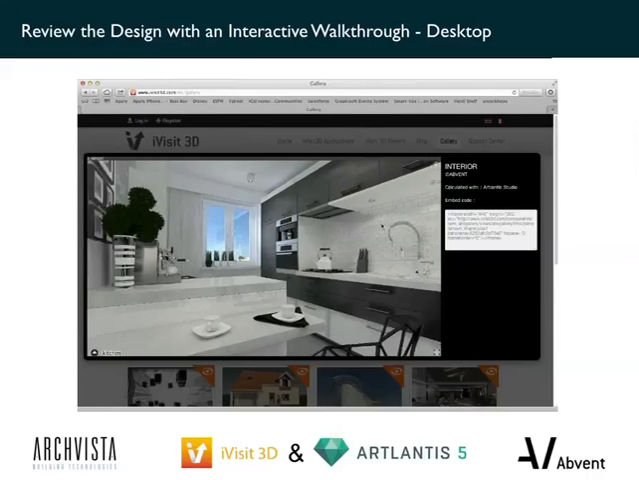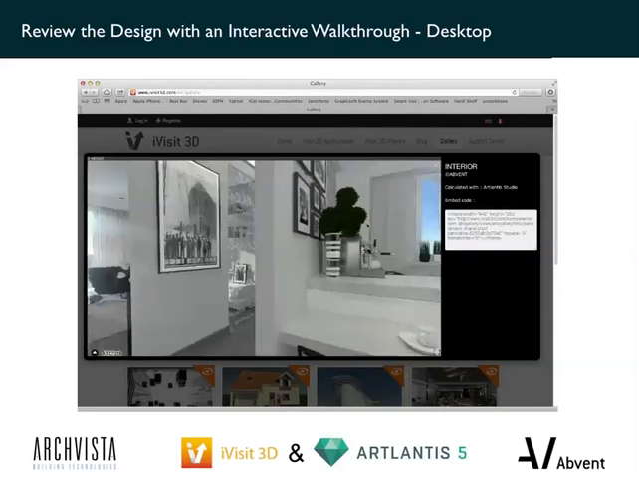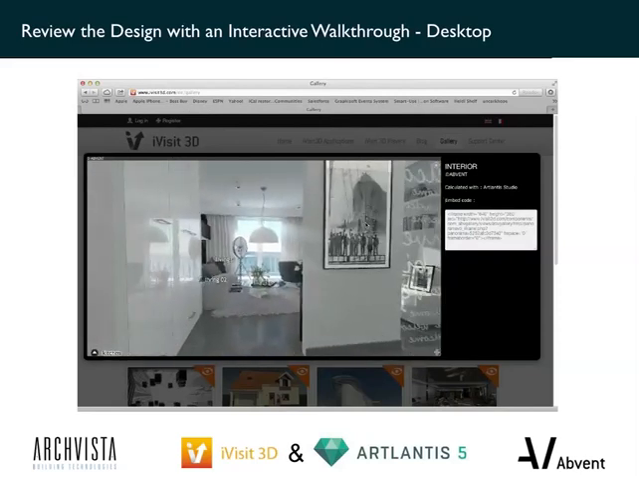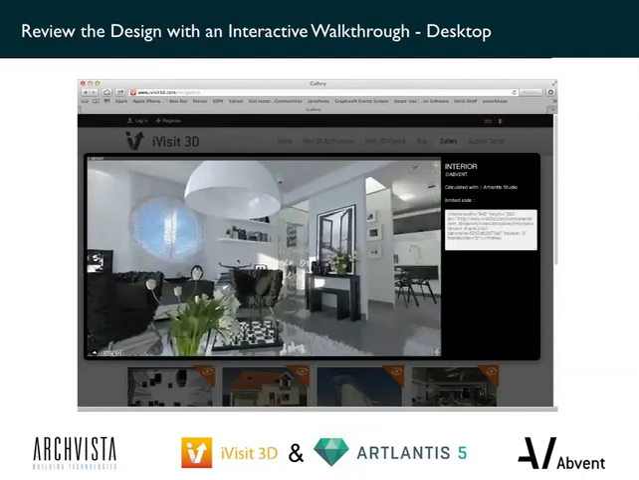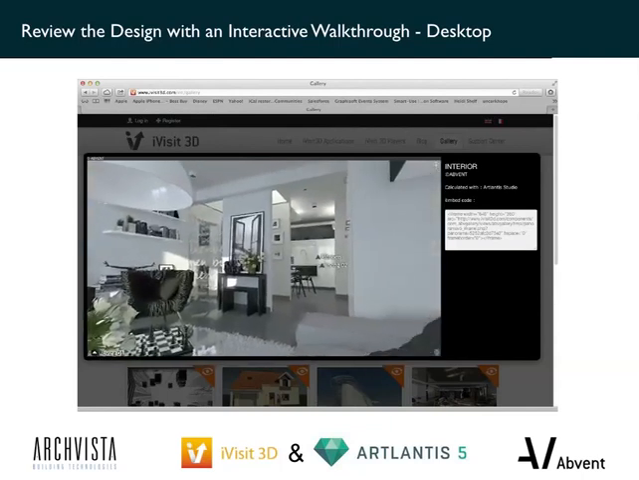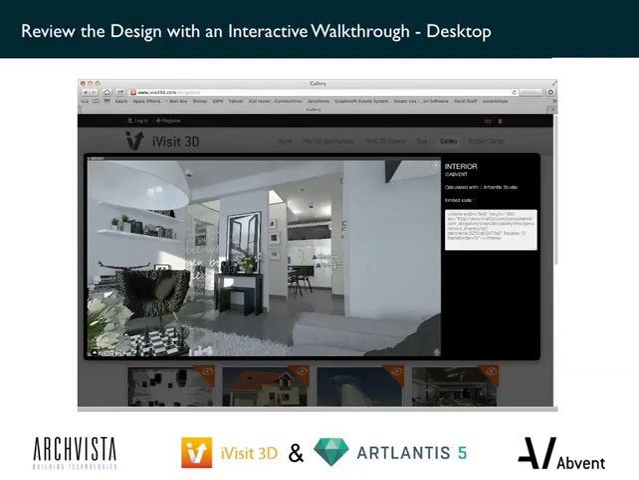We also can tap into something called ArtLantis. ArtLantis has a direct connection to ArchiCAD. It now allows us to actually create a virtual reality walkthrough of our ArchiCAD model using iVisit 3D. By simply placing nodes within our ArchiCAD model, we can create a rendering that can be saved out and shown using the iVisit 3D platform on our computers through the browser,